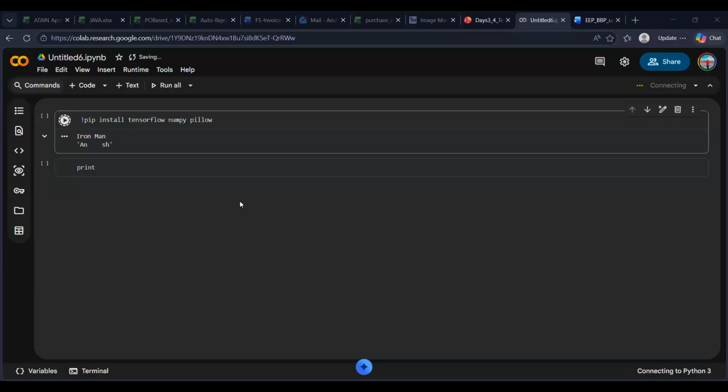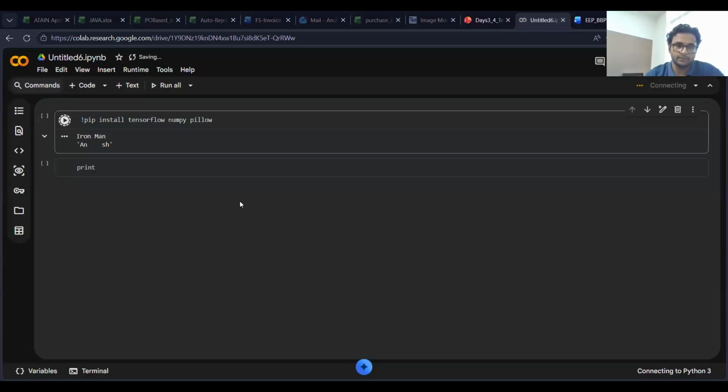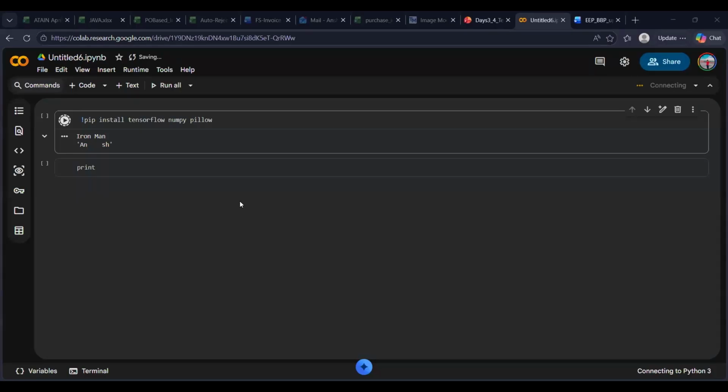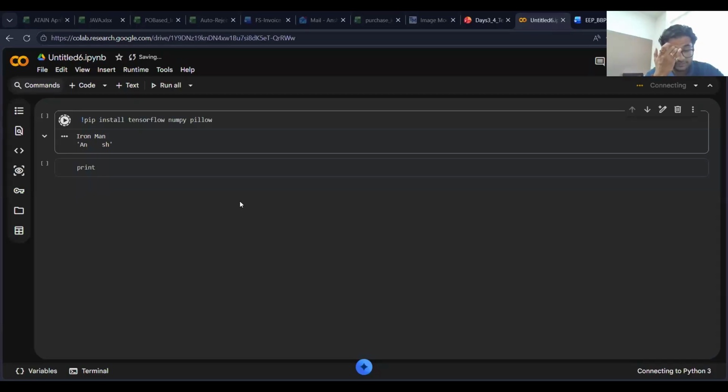Sir, pip is a function, right? Yeah, pip is a function. And what is below, sir? There is also a specific library that we're installing. TensorFlow is also a library. It provides us with models and different types of functions that can be used on those models. These are all just third-party libraries that can be installed, so we're installing them.